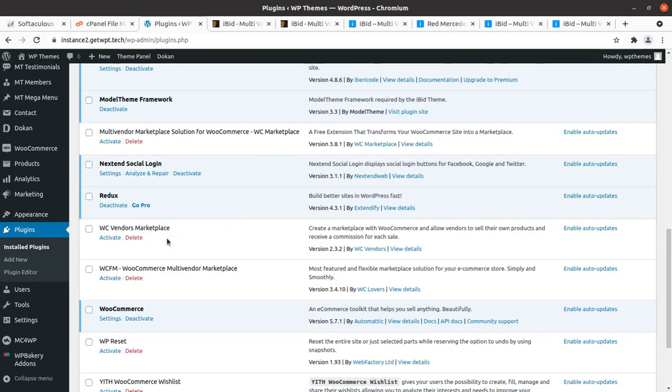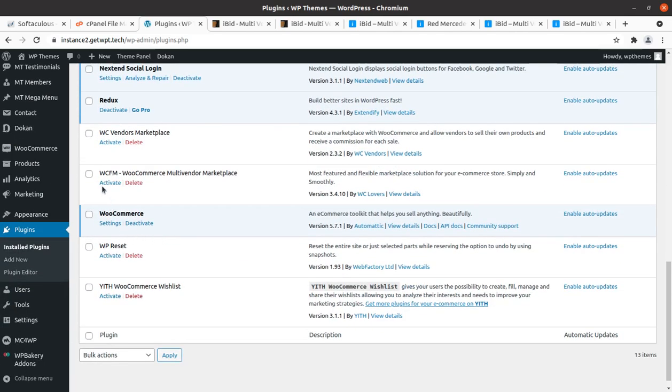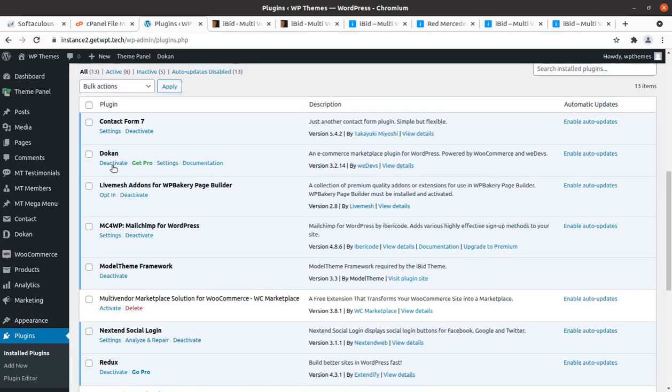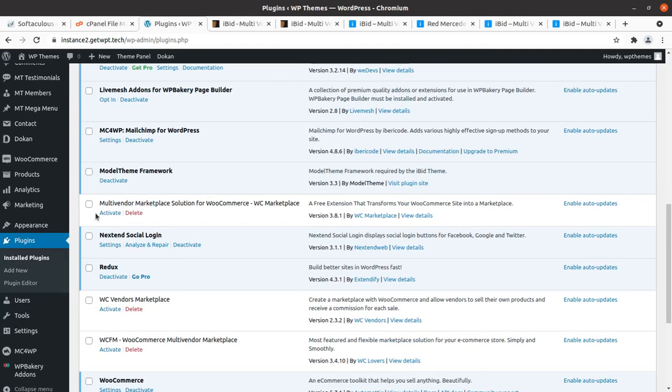And as I can see, Dokan is already active, so it is for multi-vendor activity. So we cannot activate another multi-vendor marketplace solution, WC Marketplace.